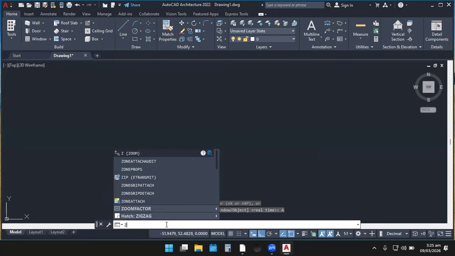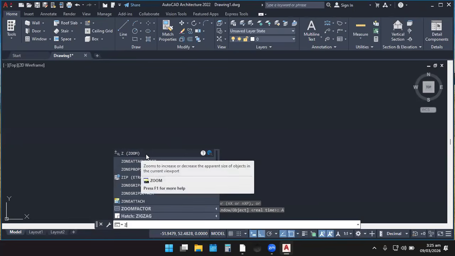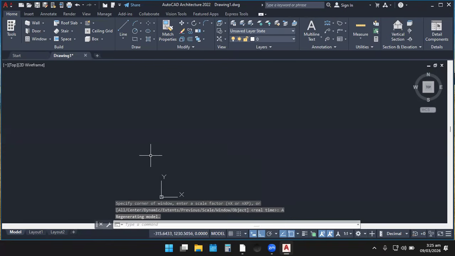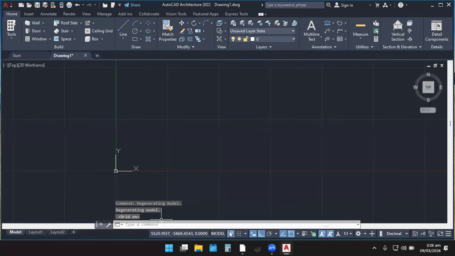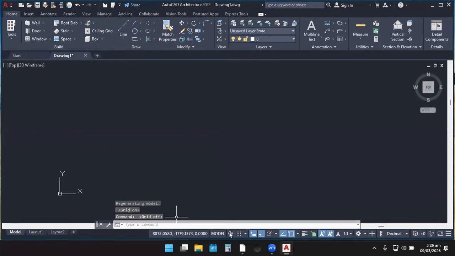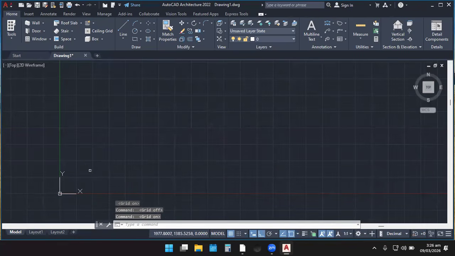So I type in zoom. In the course of me trying to type zoom, it's displayed over here, so I can use my mouse to click it. Okay, then I type in A, enter. After doing that, what can we notice? You realize that we can now see a green line and a red line over here. Okay, so this line is now serving as our reference point that we are going to be using for our drawing.